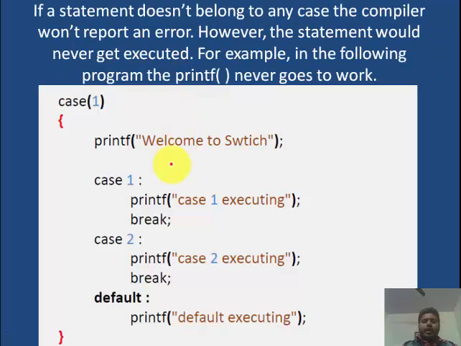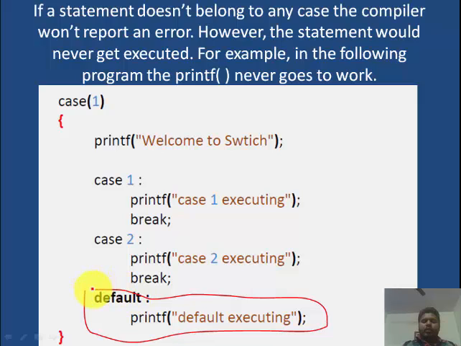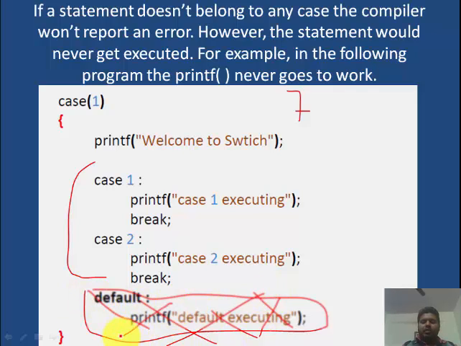So what this means is, if the default case is not there and none of these cases match, suppose here there is switch of 7, so none of these cases match and default is also not there, then nothing will happen. The statements after the switch will execute. Suppose here is some statement after the switch statement, so these statements will execute. Nothing will happen if the default case is not there.